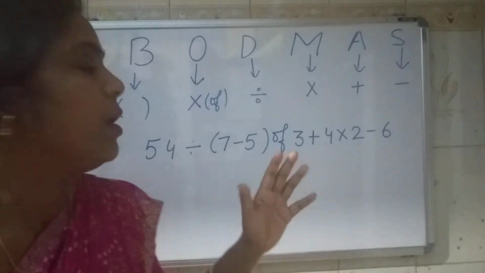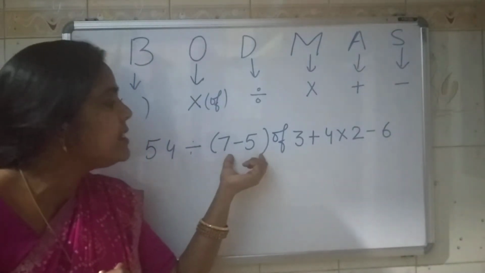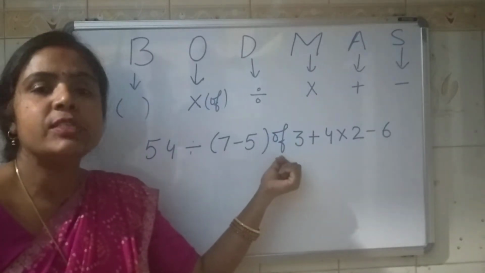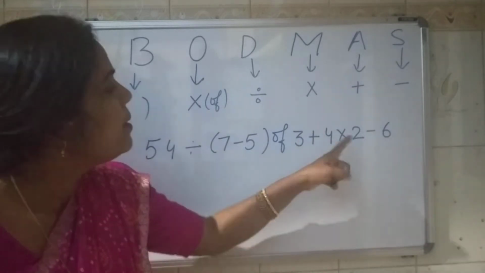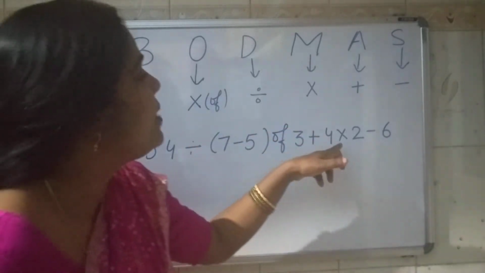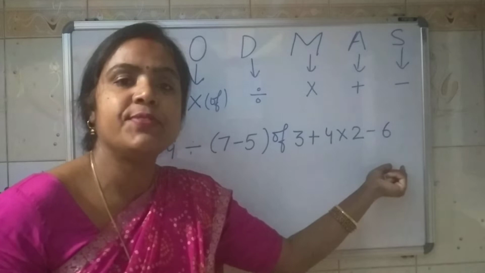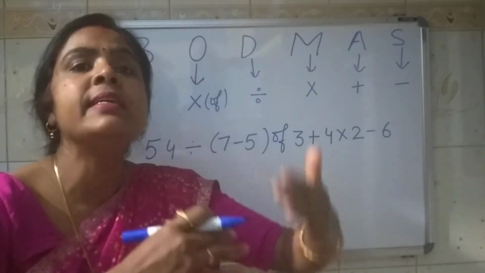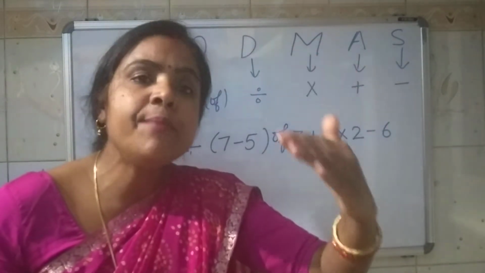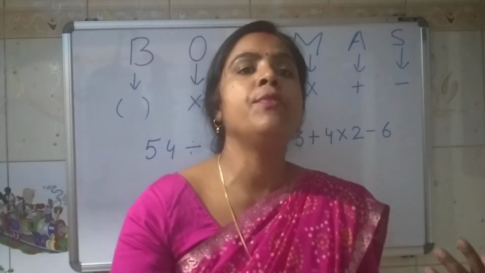No, it is wrong. First part is bracket, that is this one. So whatever is there inside the bracket, first we will solve that part. Then we have to solve this off. Then we have to do the division, whatever the answer will come. After that we have to multiply, then we have to add, and at last we have to subtract. So all these things will be in steps. You cannot solve in one step and get the answer. No, step by step you have to move forward. So just see how we have to do this type of questions.